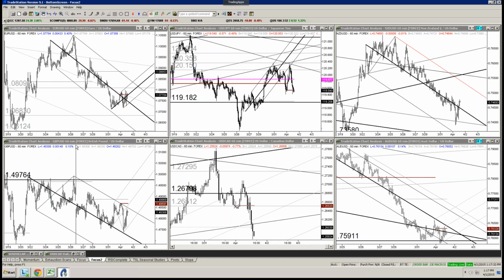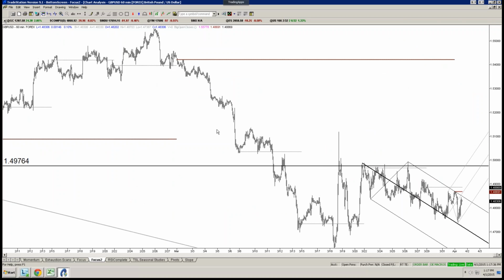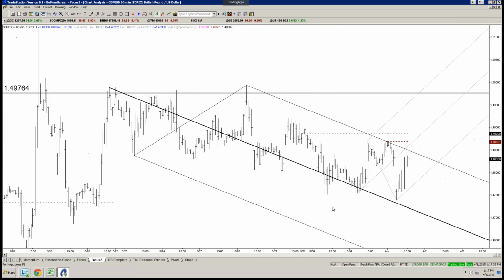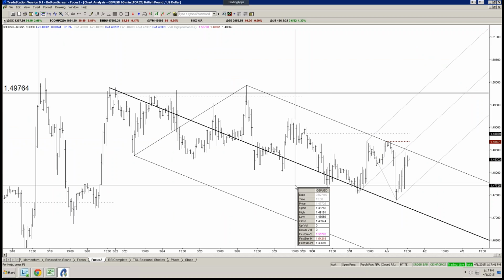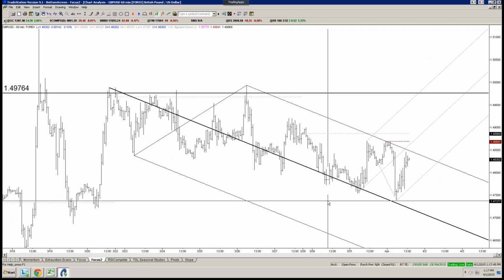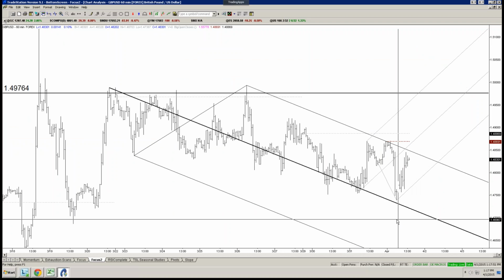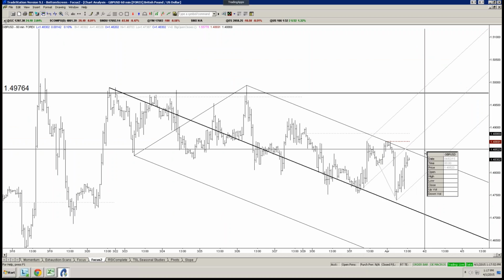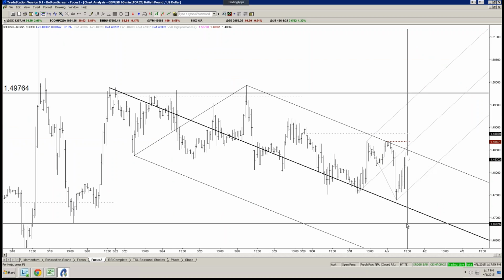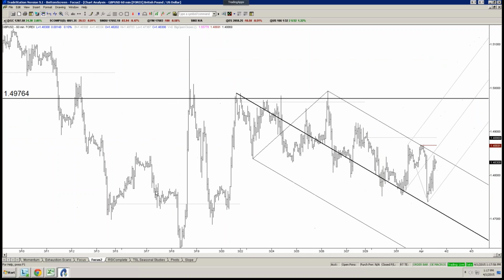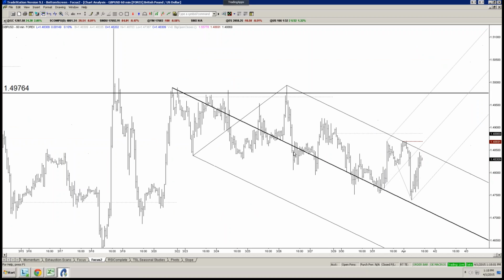Pound dollar, we did make a slight new low today, so I'm glad I didn't put a long order in last night, because if I would have put it at probably 47.95, I probably would have put the stop right down here at 47.50. Would have ended up eating a stop, and it would have really sucked because we would have been right back up to where we are now, which would have been in the black, but we would have been stopped out. In any case, following two slopes here, we still have bearish slope right here.